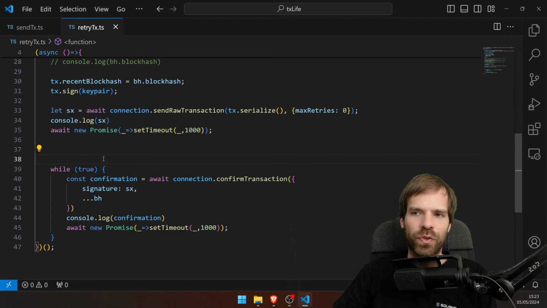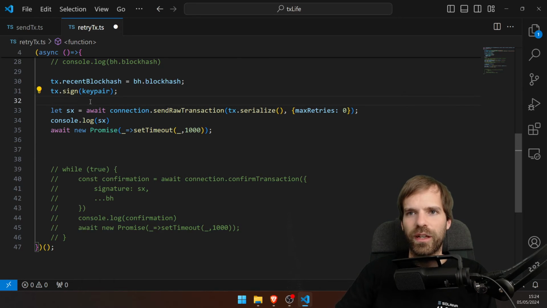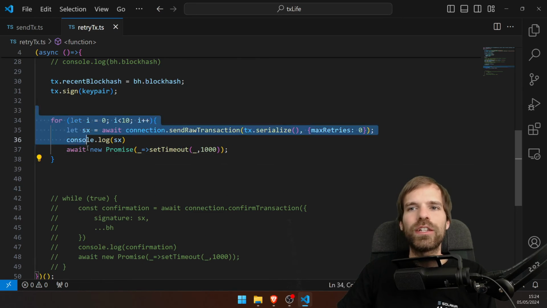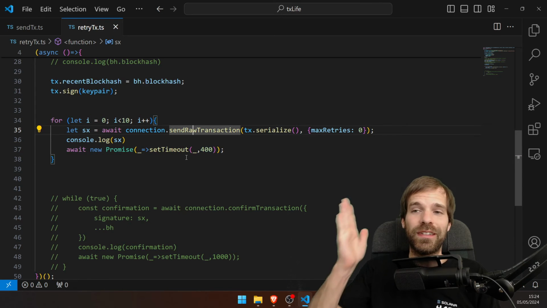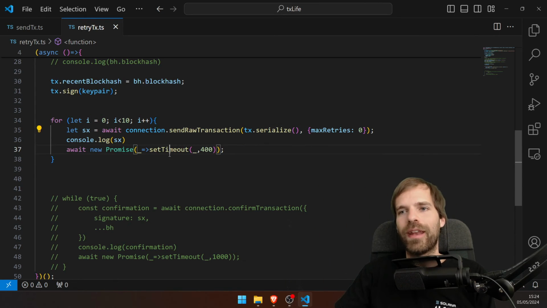So maybe you are a trader and you do want to get that trade in quickly. Your retry logic could look something like this. You have the RPC, send it to the leader. Actually, hold on. In the simplest of cases, you literally spam it for 10 seconds. Or actually, what would make more sense is to spam it for 4 seconds every 400 milliseconds. So ideally, the RPC would forward it to always the next leader. So it is as if we had 10 retries here, but we retry faster than the default setting of the